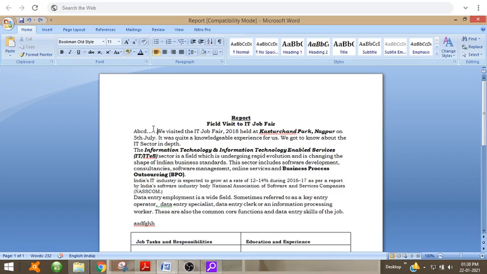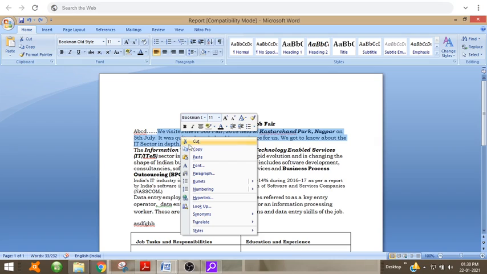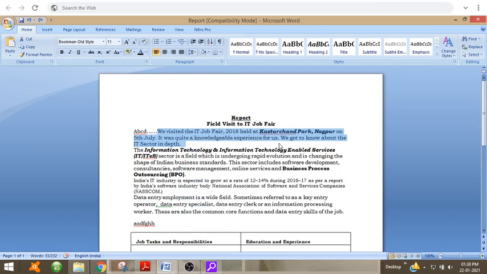Now I want to copy this text three times. Either you can select this part using the mouse, click the right button, and select copy, or use the keyboard shortcut, that is Control C. Then click on the place where you want to copy.